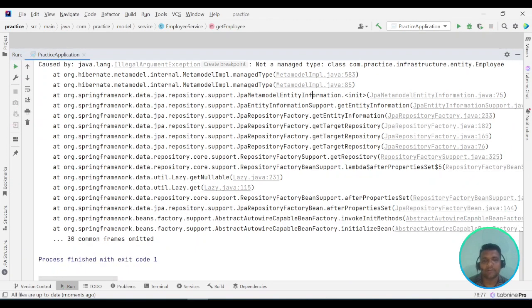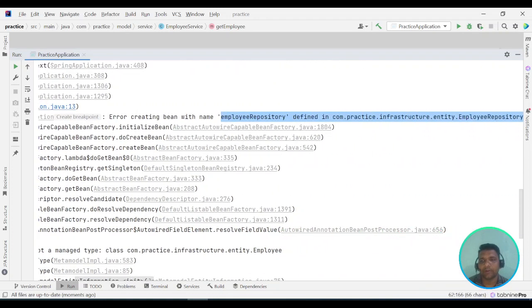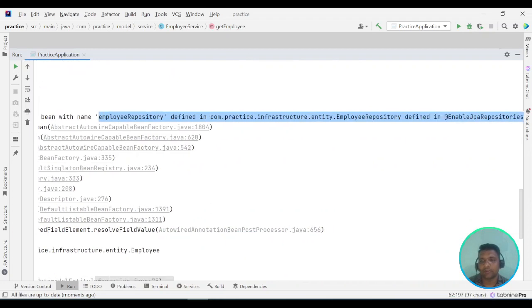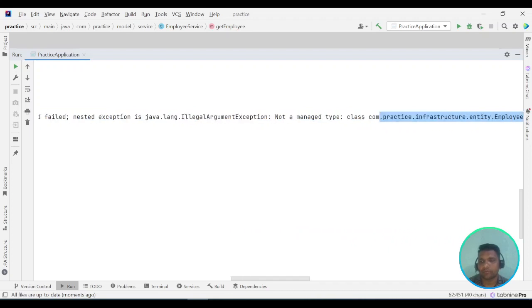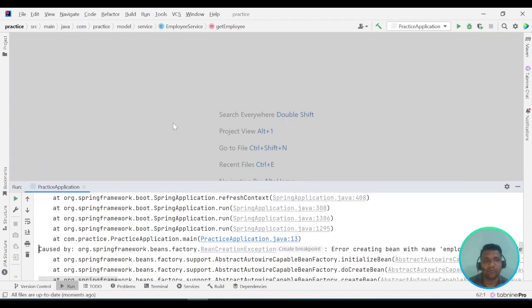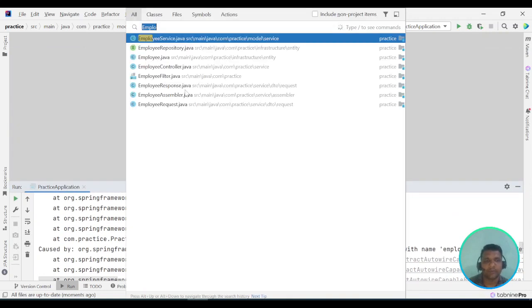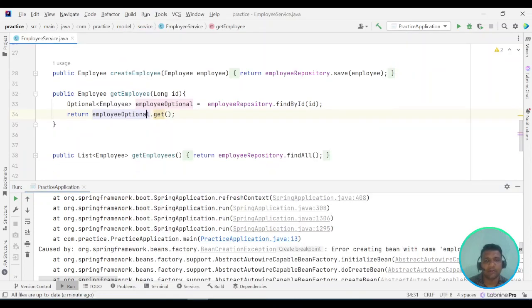so currently an exception is thrown here, and the employee repository defines the entity Employee. So now we open the services, the employee services class, and